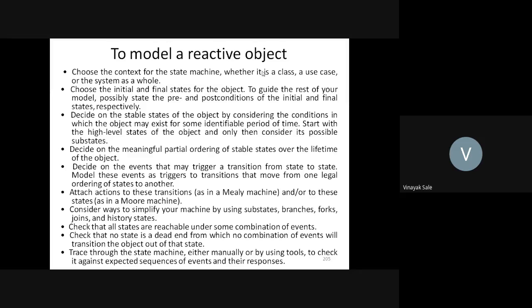Check that all states are reachable under some combination of events. Check that no state is a dead end from which no combination of events will transition the object out of that state. Trace through the state machine, either manually or by using tools, to check against expected sequences of events